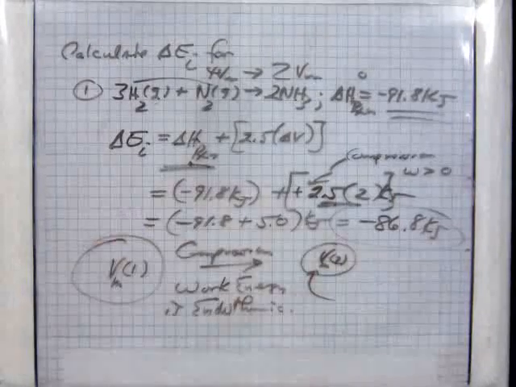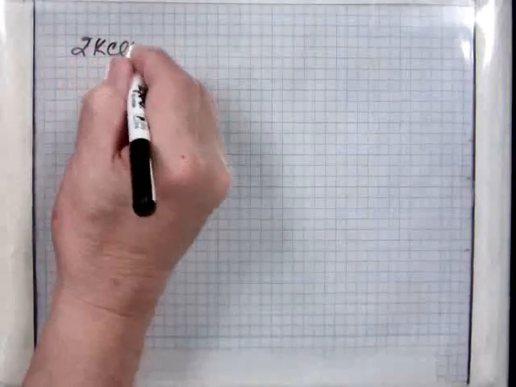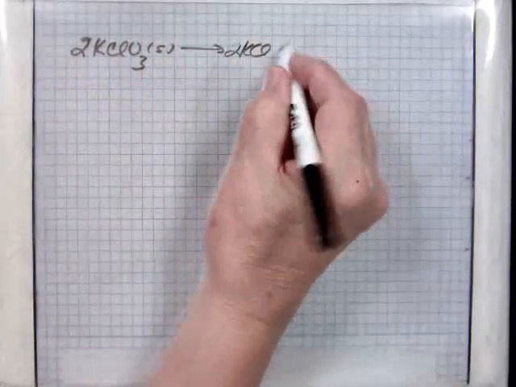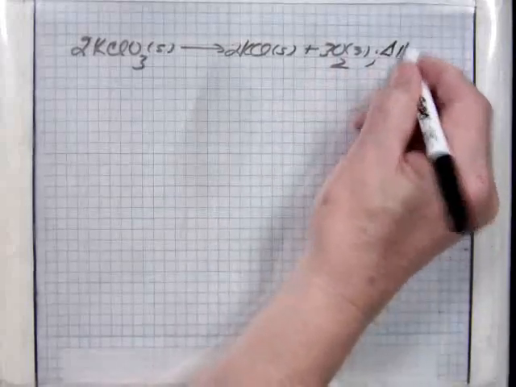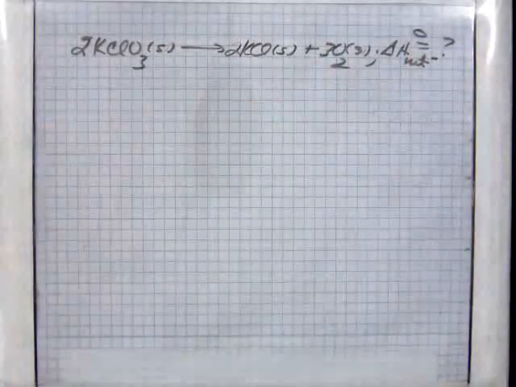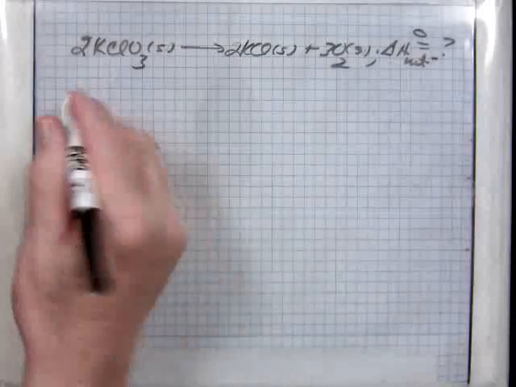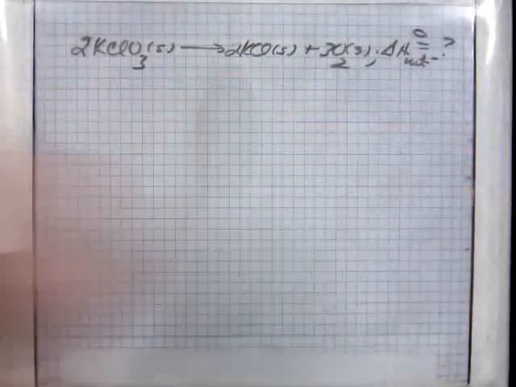Now, looking at the second equation I want to show you, we were using 2KClO3 as a solid, going to 2KCl solid plus 3O2 gas, and we need the delta H net for that one. What is that? Well, let's go to the back of the book and calculate it. We'll do Hess's law and show you how the bigger picture is. Okay, so we need this one first, and then we'll go back and get the work calculation,